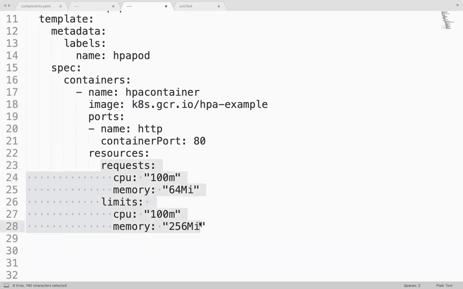Why do we need to define them? Suppose you have some very critical applications, which are more important. And you have some applications which are not critical. And those applications, people have written some bad code and it is going to take a lot of CPU and memory.